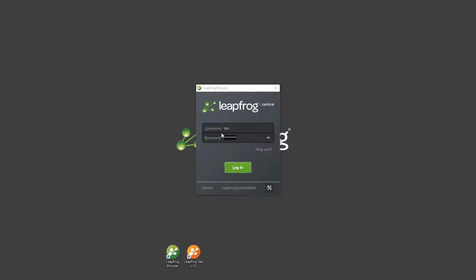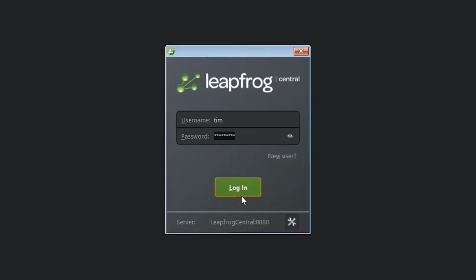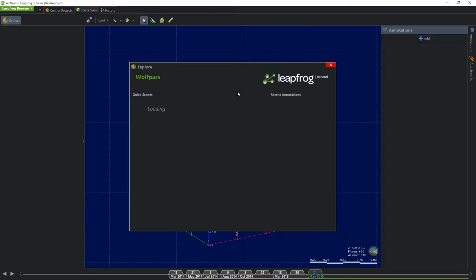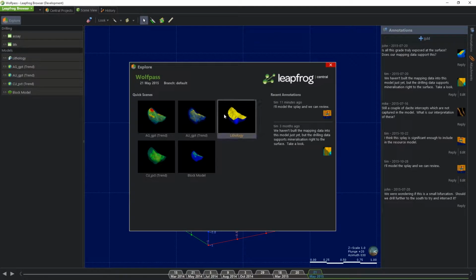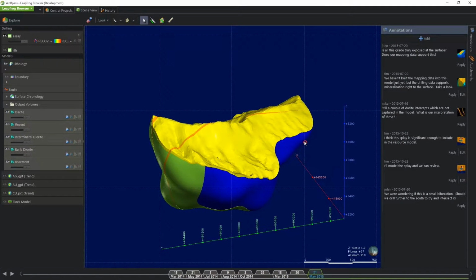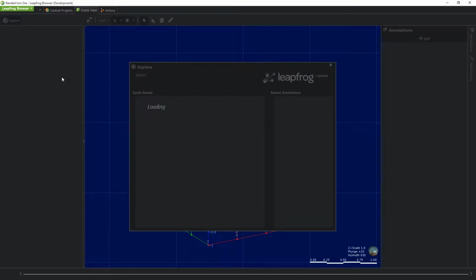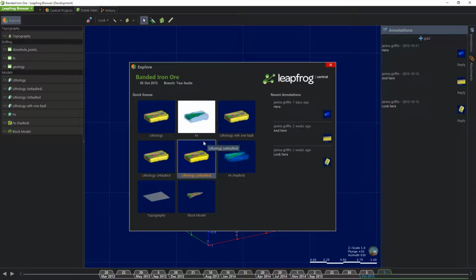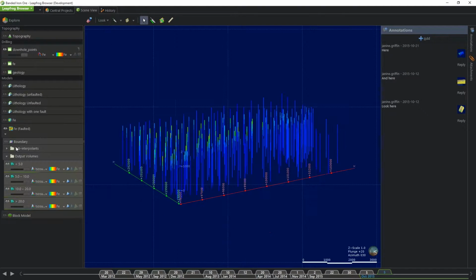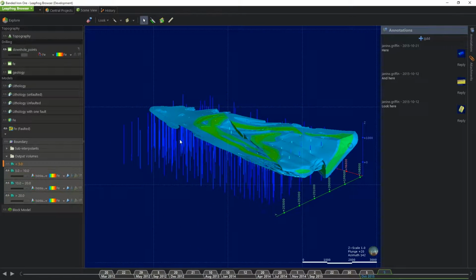Chances are that you're storing your models and your projects on a network disk. You might have systems for categorizing and storing your models, but it's quite likely that people in your organization are not clear precisely where to find them, or they don't know what state they're in or how they've developed through time. Leapfrog Central solves all of this, with a centralized project and model repository built from the ground up with geoscientists in mind. In a glance, you can see all of your company's deposits and easily access the latest models.